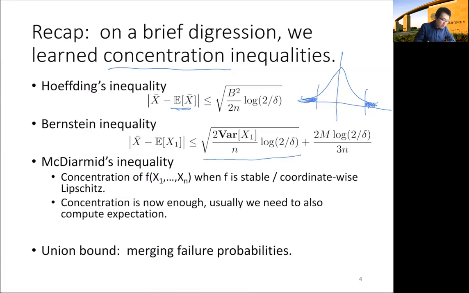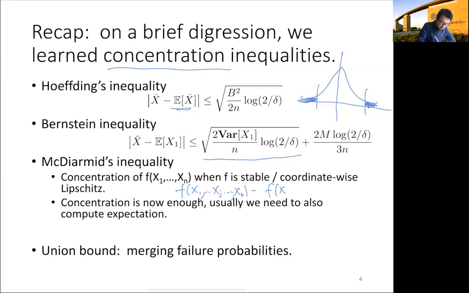Then we talk about the generalization of Hoeffding's inequality called McDiarmid's inequality, where f is a coordinate-wise Lipschitz function that takes x1 to xn as IID samples from some distribution, independent samples, and as long as the perturbation of f by changing one of these variables